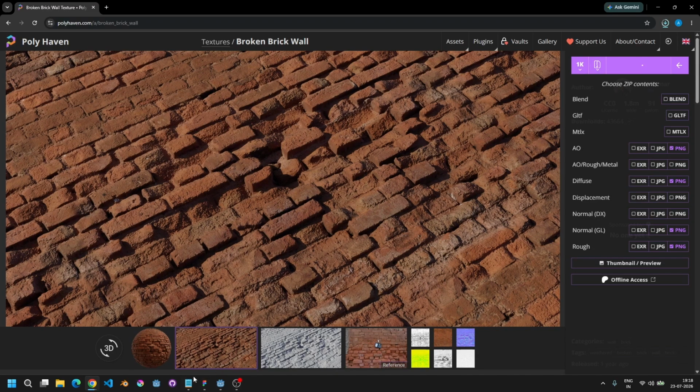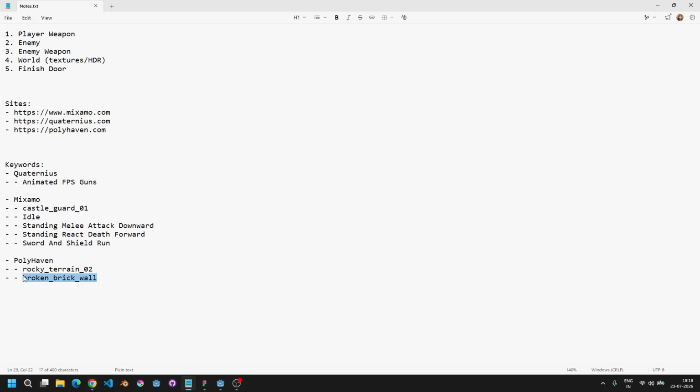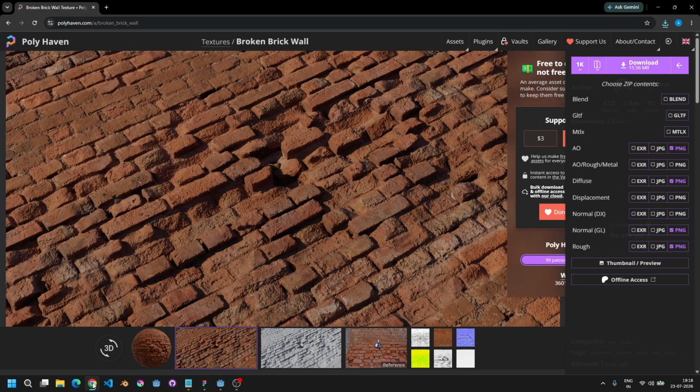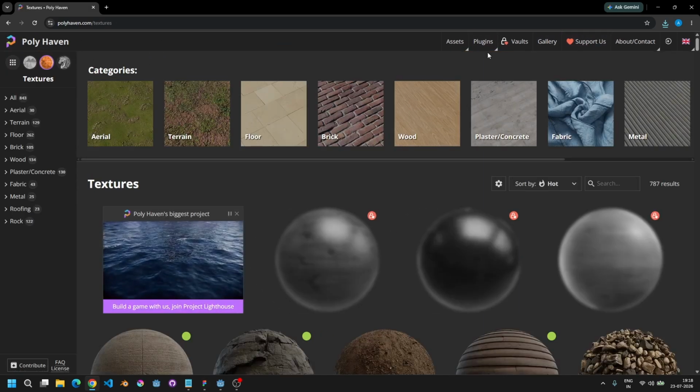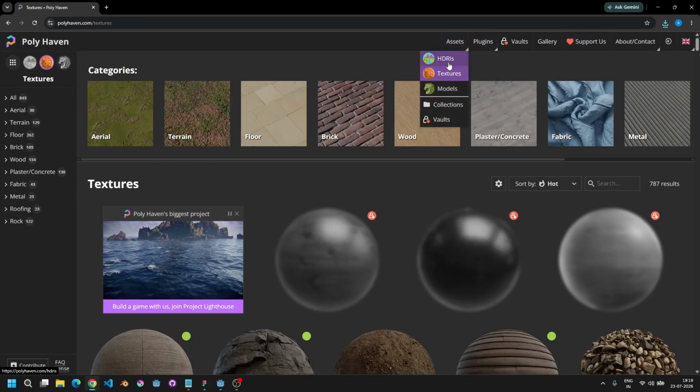So after this is downloaded, I will be downloading the HDR, and looks like I have not written the name of it, but let's see, maybe we can find it. So the textures are done, and I will now go to the HDR,